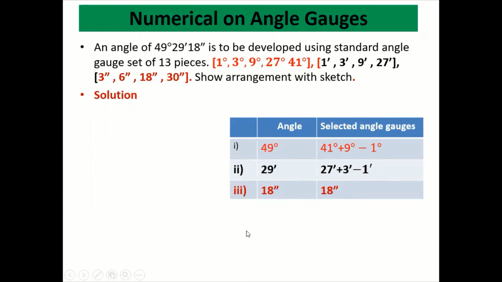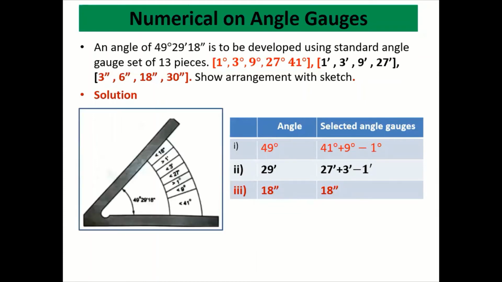Now we have to make the arrangement, then only we'll get the marks here. So this is how we are making the combinations right now. Now the important thing is that when you put a minus, it means we are subtracting. So you can see this engraved V, this is 9 and 1.